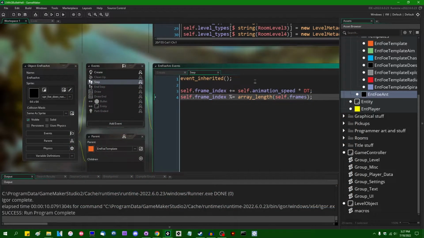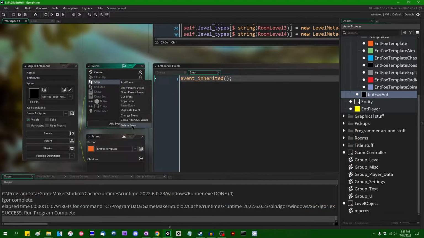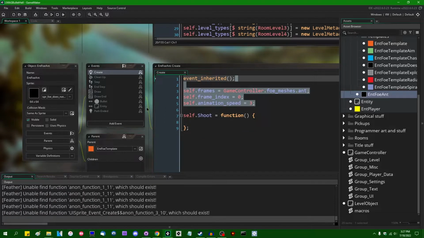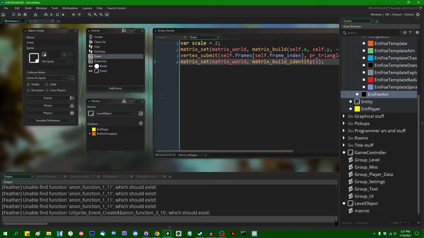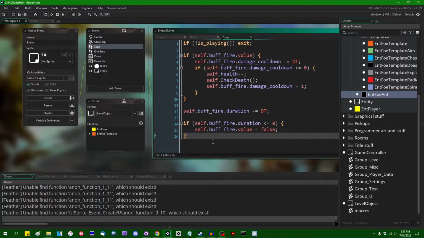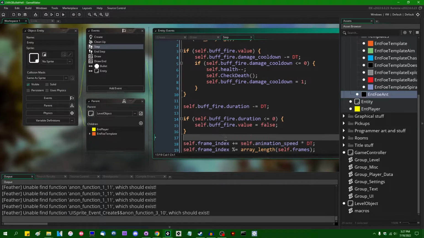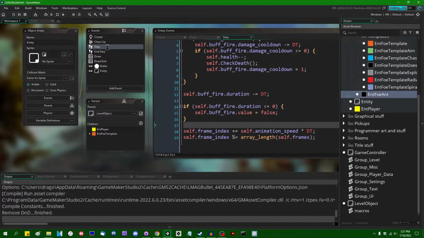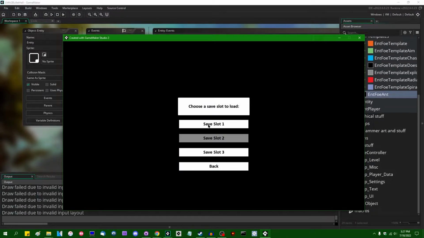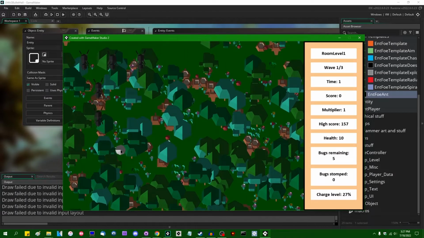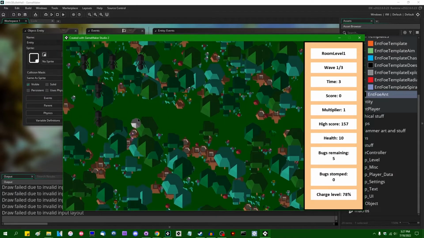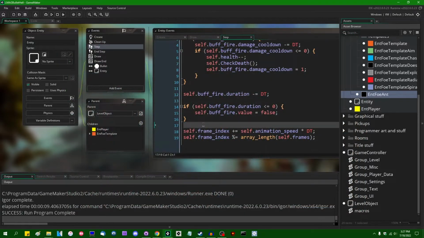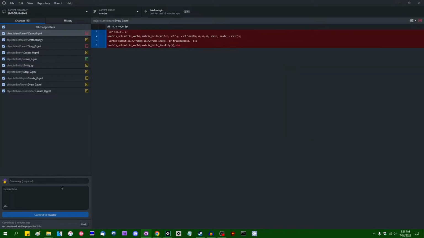Okay. See, I also don't need the ants to inherit the step event, for I can also do that here. And we'll update the frame index at like the end of the step event. Okay. All right, you're playing an animation, if you can call that an animation. Cool. Now what? So first, before I do anything else,